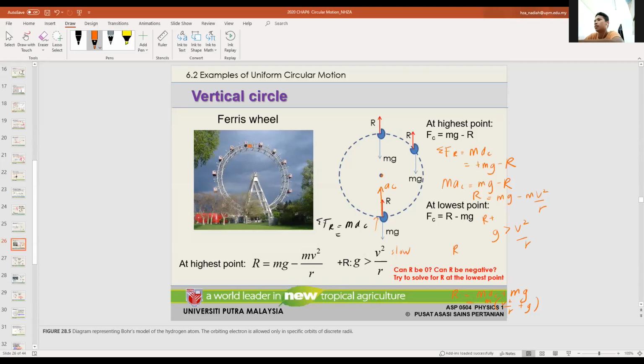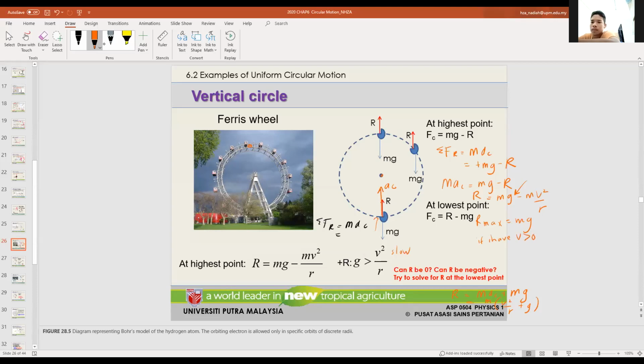Okay, so if my R is very, very big, my R cannot be very, very big either. My R is the biggest when it's mg, when my V equals 0. Okay, let's erase again. When is the maximum R? My maximum R is achieved when my V equals 0. So R max equals mg. So at this point, I can only feel like nothing, like my actual weight, or I can feel lighter. If I have velocity,